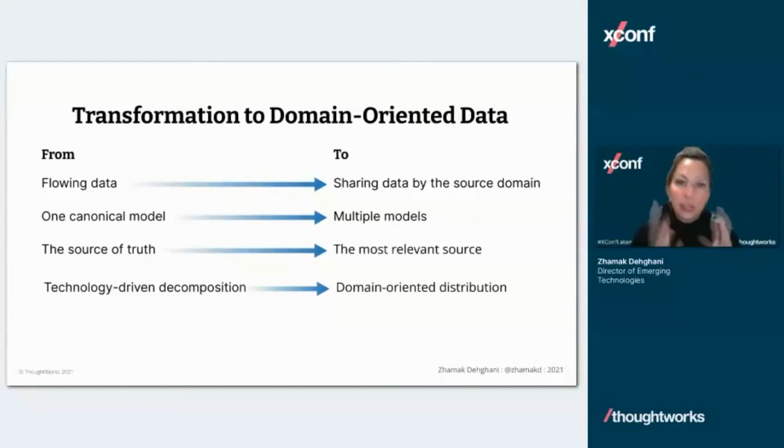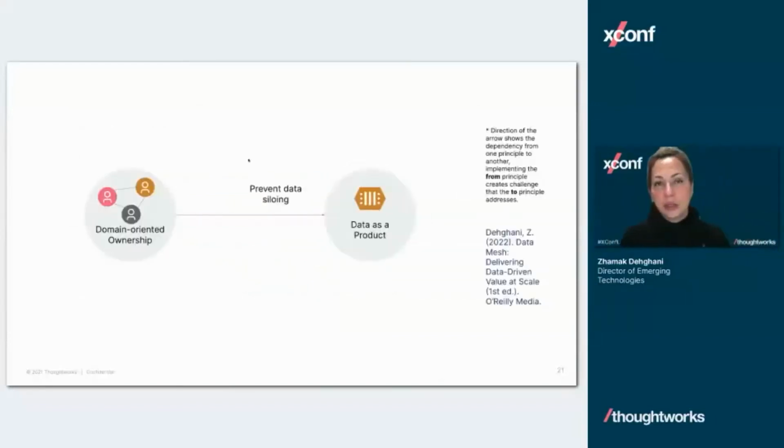embrace this idea that data can be in many different places, but we have knowledge about the trustworthiness of the data to decide. We have transparency about that data to decide which source, actually which version of that data, we want to trust and use. And finally, instead of decomposing our organizations around technology, because data people know data technology, let's start organizationally structuring ourselves around domain. But as you can imagine, this domain-oriented ownership and architecture can result in siloing